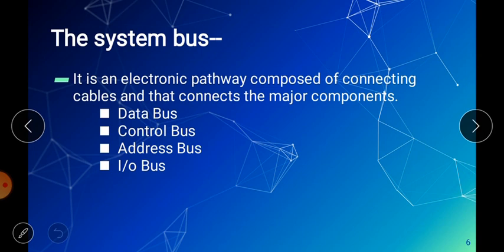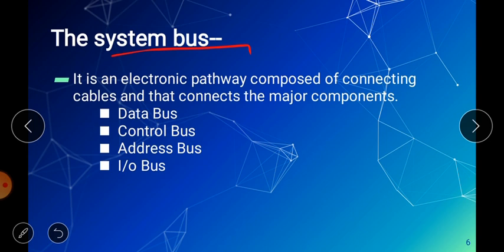Now moving ahead, the next topic is the system bus. What is a system bus? A system bus is nothing but a set of wires used to take data or information from one place to another inside the computer architecture. If you understand that a set of wires is used to connect the internal parts of the computer, then that set of wires is called the system bus. Simply, there is nothing to learn about the system bus. The system bus is simply a set of wires.